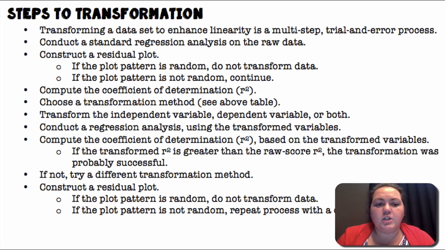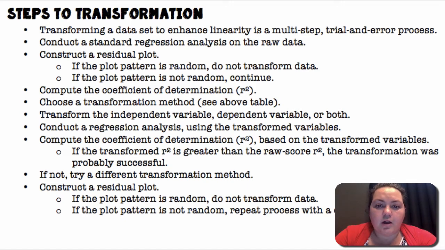So steps to transformation. Transforming a data set to enhance linearity is a multi-step trial and error process. Conduct a standard regression analysis on the raw data, so stat calc 8. Look at the scatter plot. All right. Then construct a residual plot. If the plot pattern is normal, so it's just a scattered mess, there's nothing unusual there, then don't transform your data. If the residual plot has a pattern or a curve, then you're going to want to